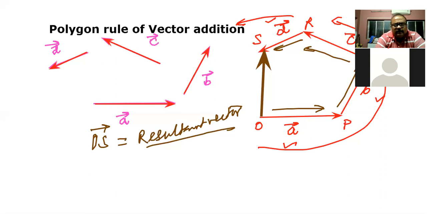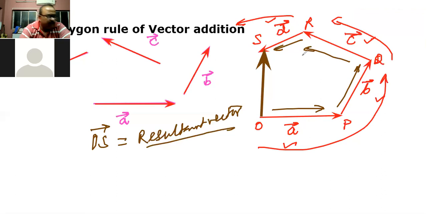Then their resultant is represented both in magnitude and direction by the closing side. I think children, you are aware, we have taken, this is the open side. So if I want to just close the side, what should I do? I should take like this, which I took earlier, isn't it? So let me take it. So this is the closing side. This is the result.